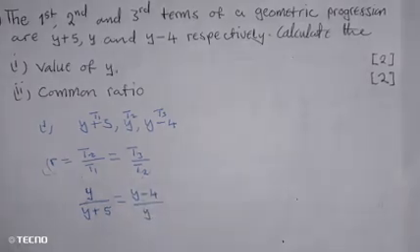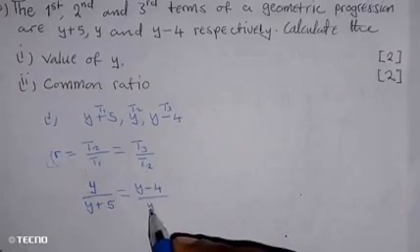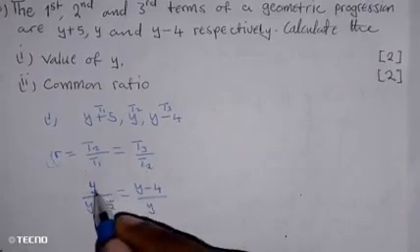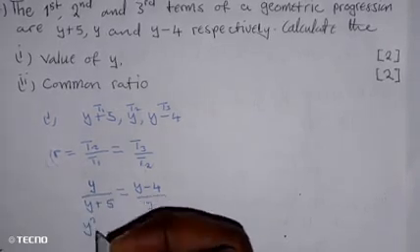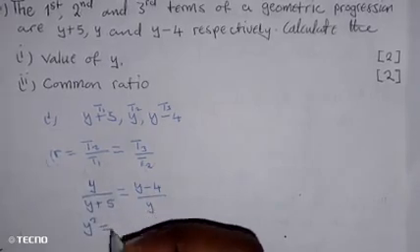Okay, so we have something like this. Once we have this, we can cross multiply and we'll get y squared